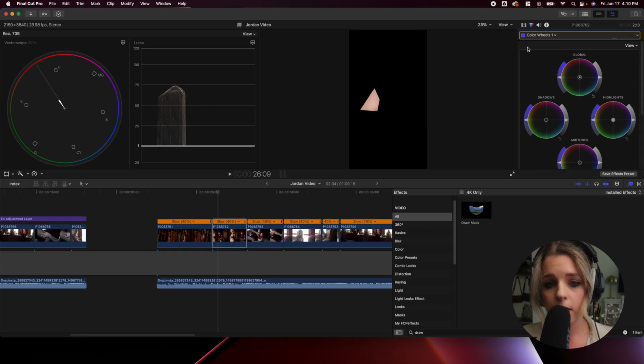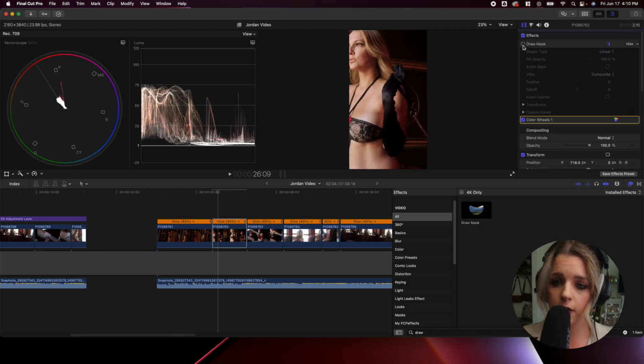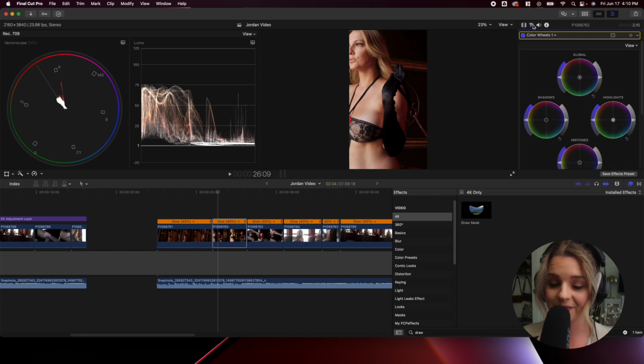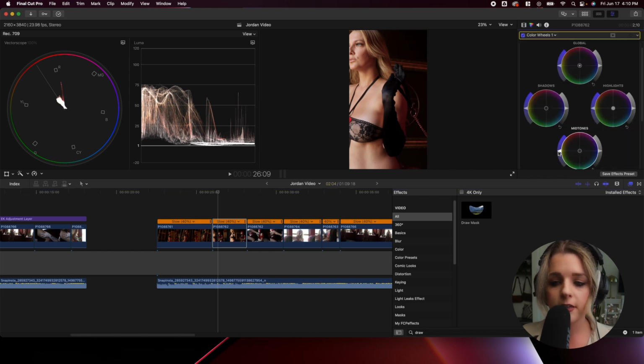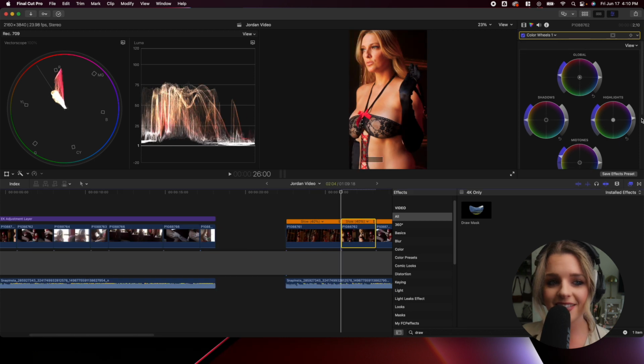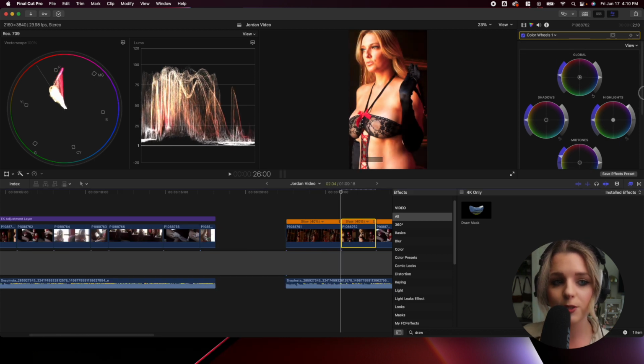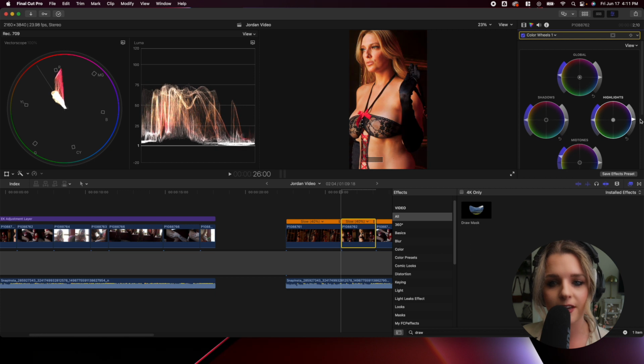And as you can see on this vector scope, it is right on that line. So now to get the full video back, I'm going to click this film strip, click on this draw mask, and just uncheck that. So now I can see the entire clip. That looks a lot better than it did, so that's good. It looks like it's a little bit desaturated, so I'm just going to saturate it a little bit by bringing up the midtones and the overall saturation here. And in some cases, you don't want your highlights to go all the way up to 100 because you see here, her face is just really bright. So I am not going to do that. I'm just going to take it back down to where it was before. I think this looks fantastic, and I'm going to move on to the next clip.